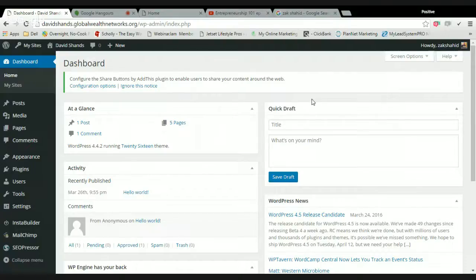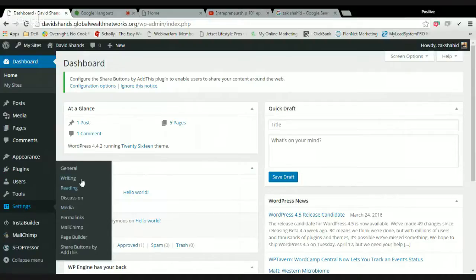So when you log into your WordPress, this is what you're going to see. This is the WordPress dashboard. This is where all the magic happens on your WordPress. So when you log in, it says like howdy Zach. It'll say howdy Wanda. This is your dashboard. Everything on the left-hand side is pretty much what you'll be getting used to start you off in the right direction. So the very first thing that anyone needs to do when they are branding themselves and creating their website is come down here to settings, go over to general,